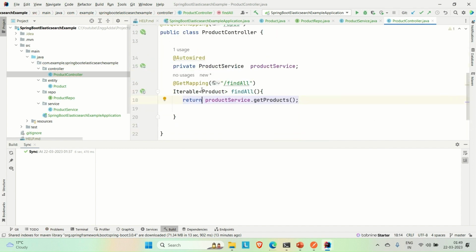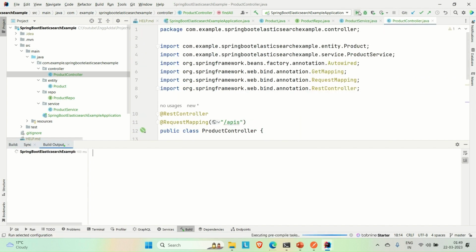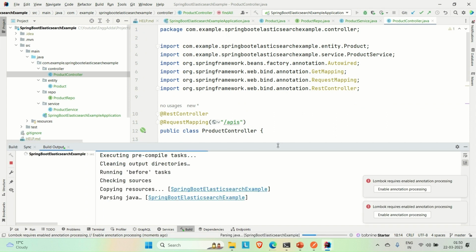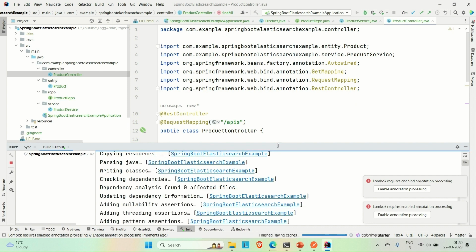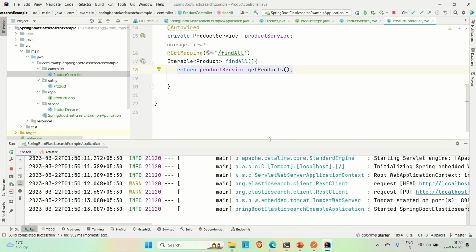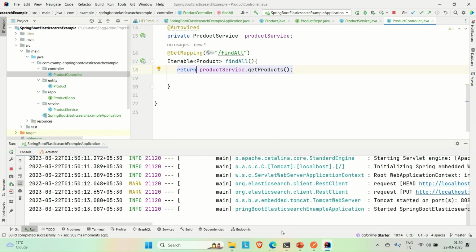Now let me try to access this. Okay, so let me try to run it and see how it is behaving. It will work like a normal API, but one thing we have missed is we did not do the configuration for Elasticsearch. So how Elasticsearch will be integrated with our Spring Boot application. So for that we need to do some configuration. So how we can do that? You need to go to